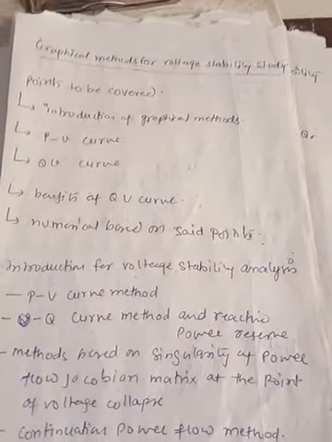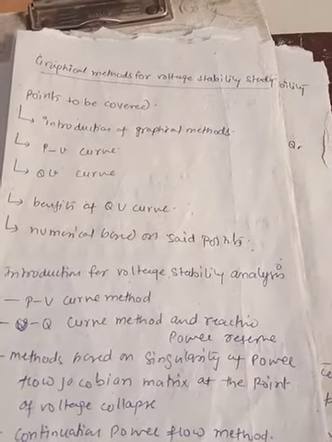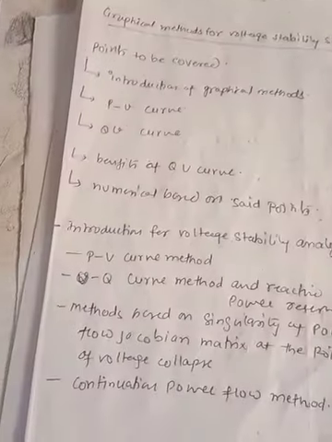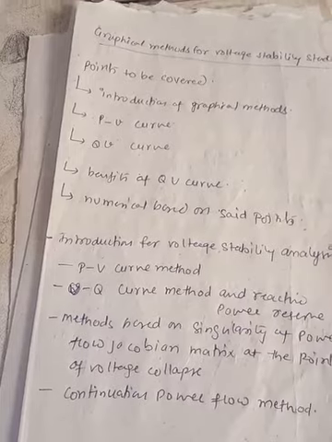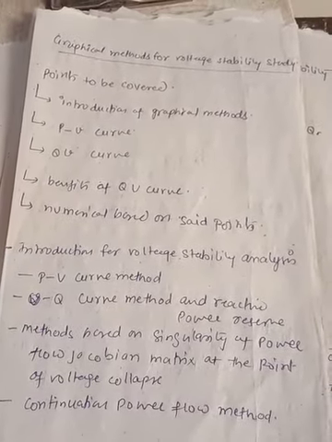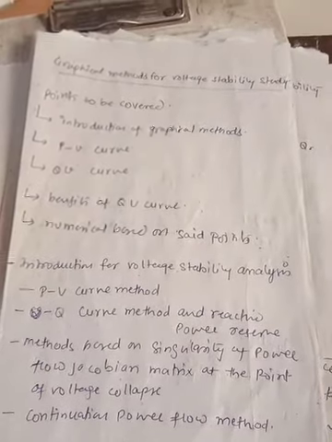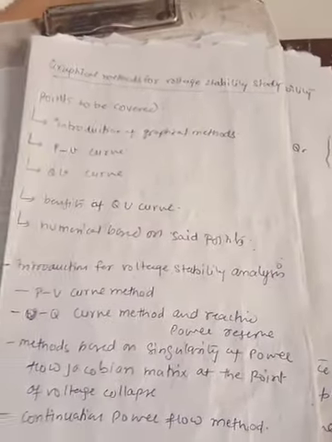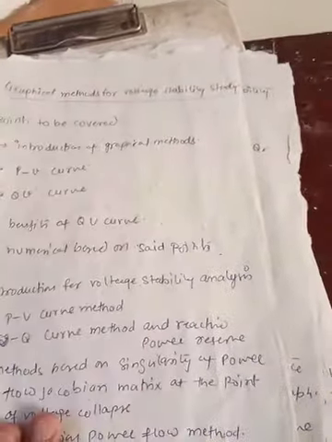there are various methods by which you can determine the system voltage stability, or you can do the voltage stability analysis. The first one is the graphical method, which covers the PV curve method and QV curve method. In this method, we will plot the curve for a particular typical system, 2-bus system, 3-bus, and then we will develop the curve, and based on that curve we'll find out where the voltage stability limit has been reached or where the voltage may collapse. So these are the graphical methods.